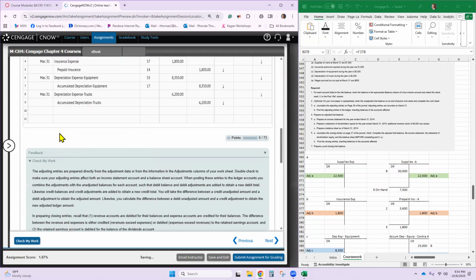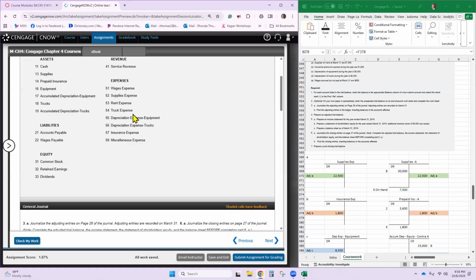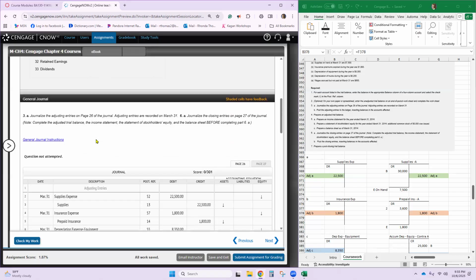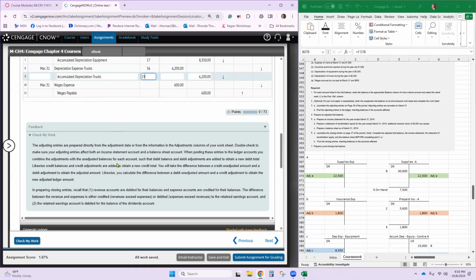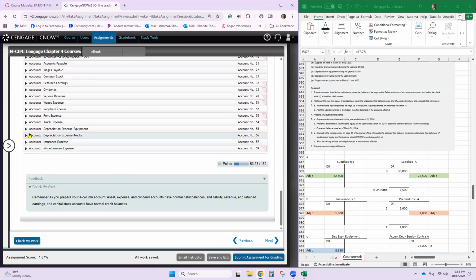So March 31st is our last entry, and we made 5 that affected 10 accounts. So we want wages expense. I forgot to put the post in, $600, and wages payable, $600. Okay, so I'll go back and put depreciation expense for the trucks is 56 and 19. Okay, let's put those in to indicate that we've posted. Now let's post the wages expense, $600.